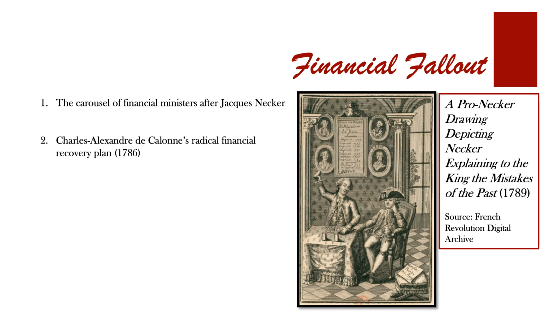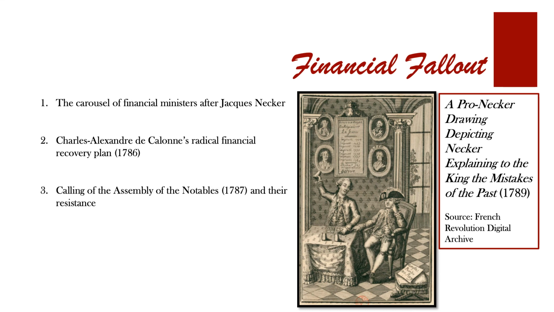Well, the drastic plan came from a new financial minister, Charles Alexandre Calonne, in 1787. Calonne called for a complete reconstruction of the system of taxes in France. He recommended a heavy increase in indirect taxes, especially taxes on colonial goods and services, a part of the economy that was largely untouched by the bulk of old regime taxes before this. Second, he proposed the abolition of the taille and the introduction of a new land tax that would apply to everyone in France, including even the clergy. This new system, he suggested, would put France back in a sound financial situation.